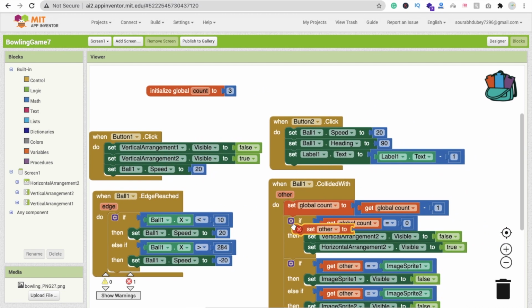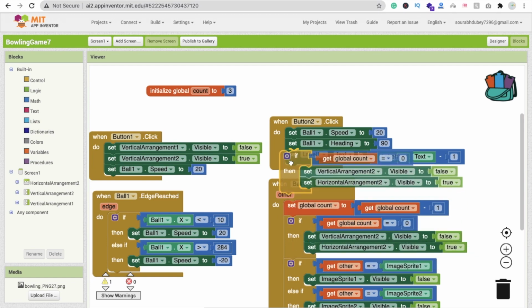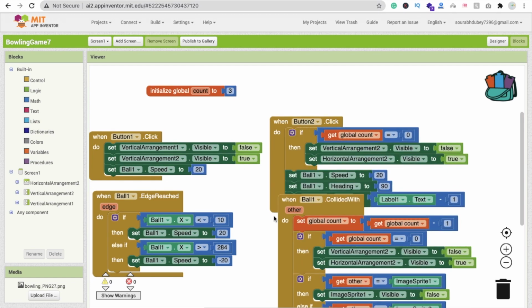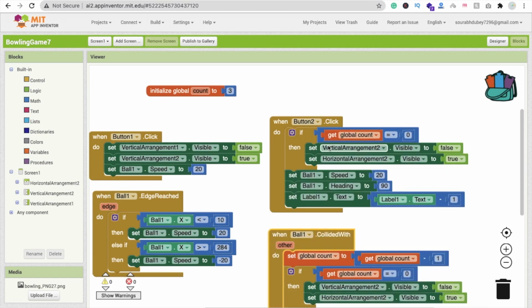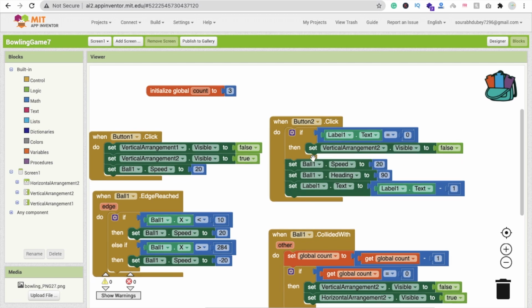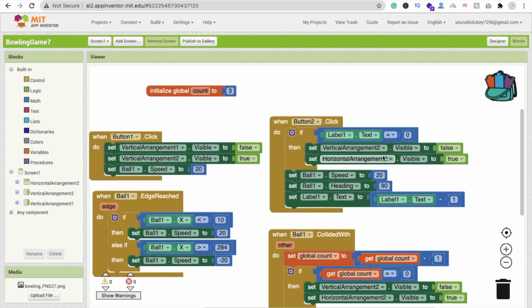Simply copy and paste this whole code, this one. So whenever someone clicks on ball 2, we have to check the global label 1 dot text value. If the label 1 dot text value is 0, then we will make it horizontal, and make sure this should be how we set the winner also.